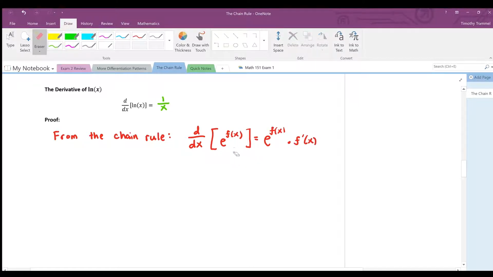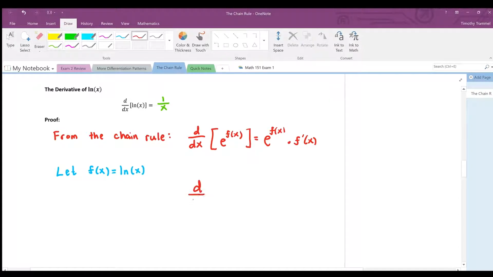And now you might be wondering, what on earth does this have to do with the natural log? Well, if we let f of x equal the natural log of x, this might be helpful. So let f of x equal the natural log of x. Okay. If we do that, then what we end up with here is